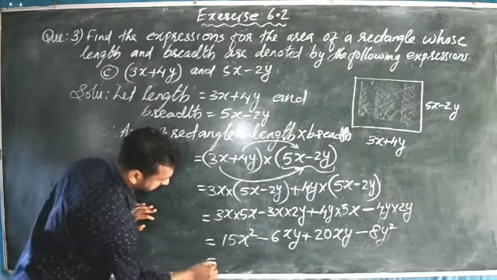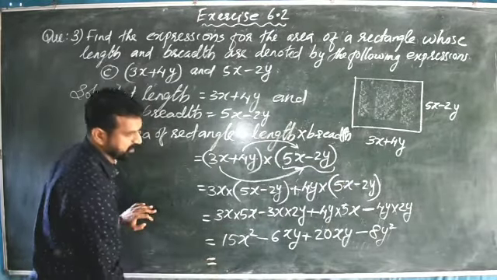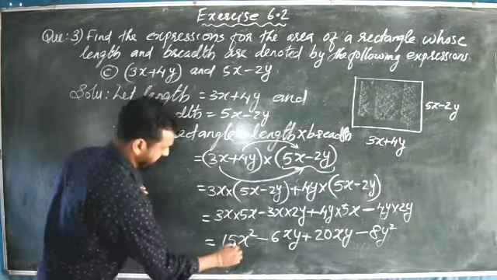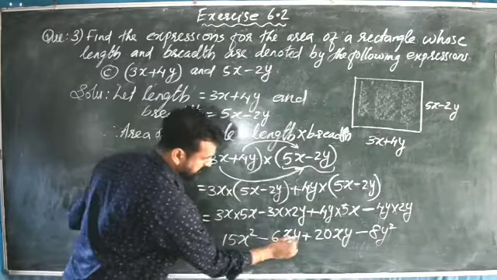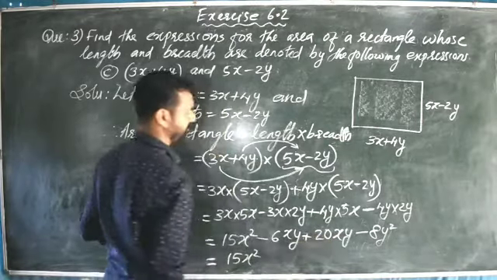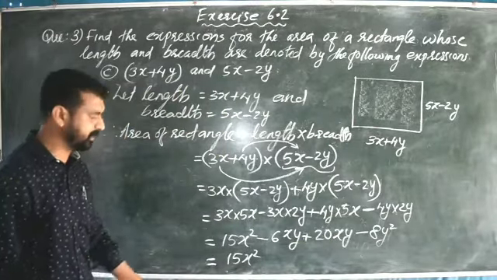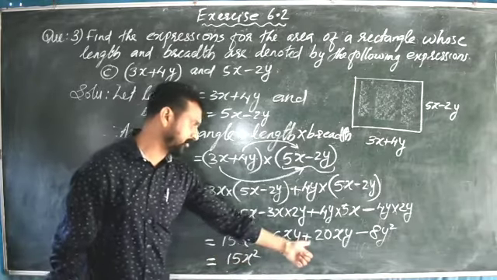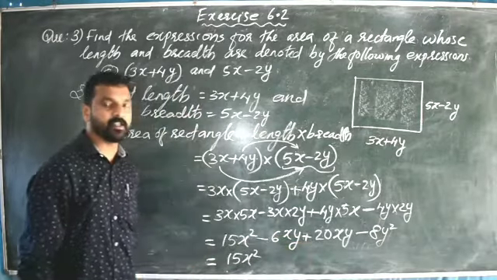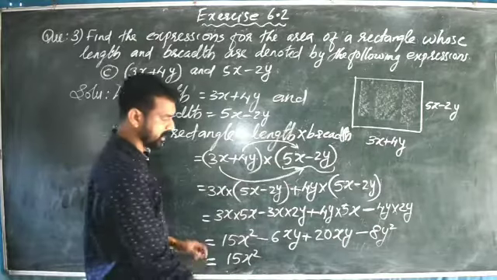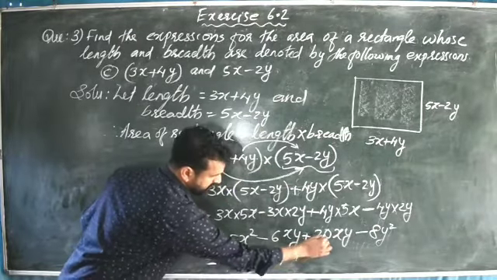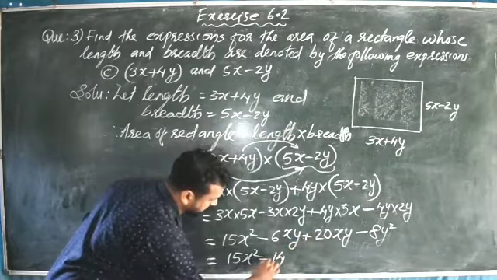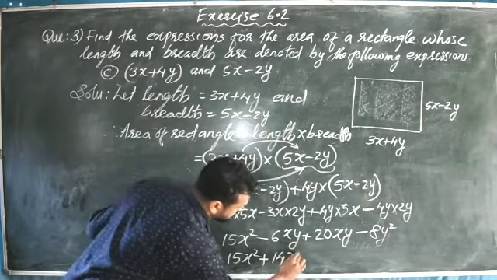Okay, one more step we can write here, that is here like terms are there that you have to add. That is 15x square, we will write as it is, 15x square minus 6xy plus 20xy. One number is negative and one is positive. Subtracting the numbers and putting largest number sign, 20 minus 6, that is 14. Largest number is 20 and its sign is plus, so it will come plus 14xy.